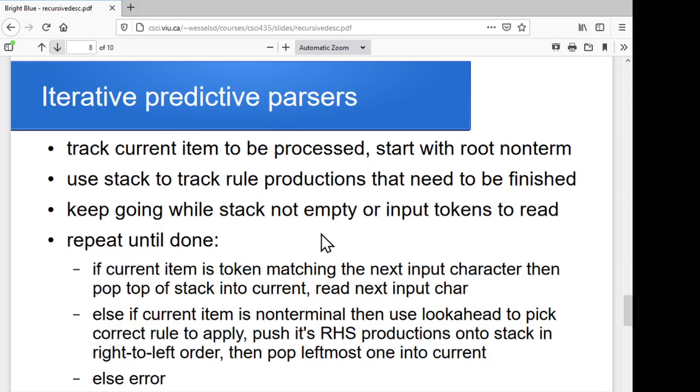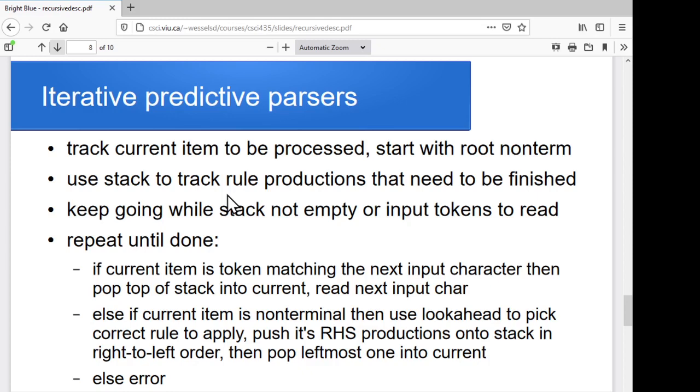All right. So first and follow are going to come back and haunt us again a little later in our work. But I want to go on and look at a couple more of these ideas for going through and having an iterative solution instead of the recursive one. So these are still going to be top-down, right? We're still working from our root non-terminal, but we're going to try and look for an iterative process instead of